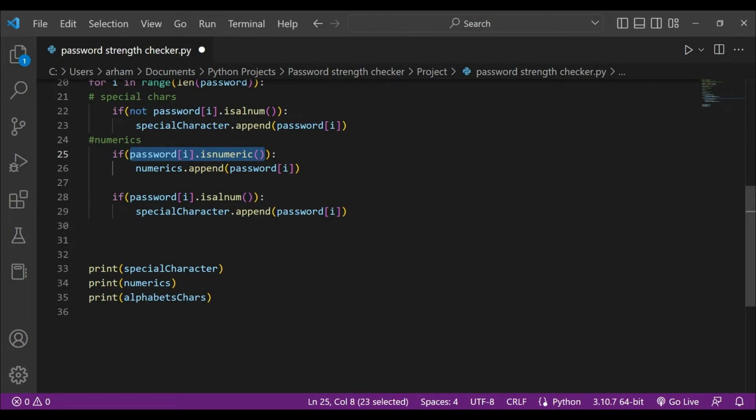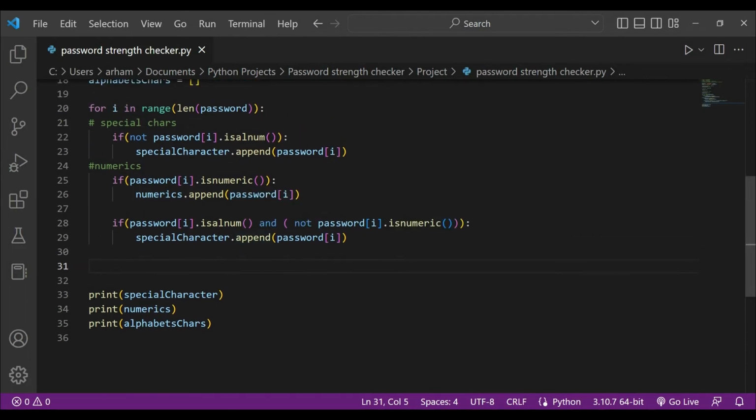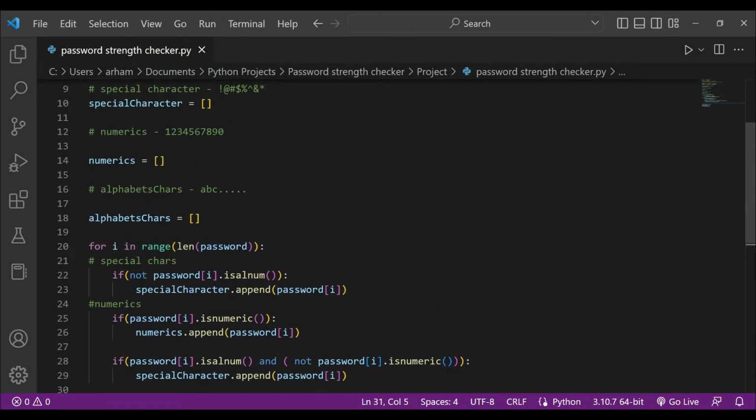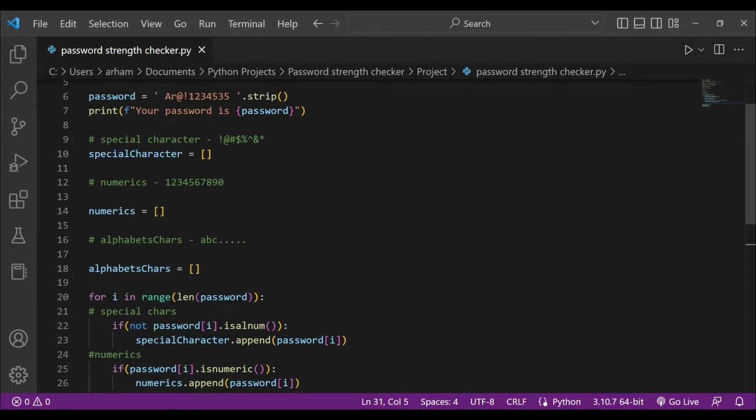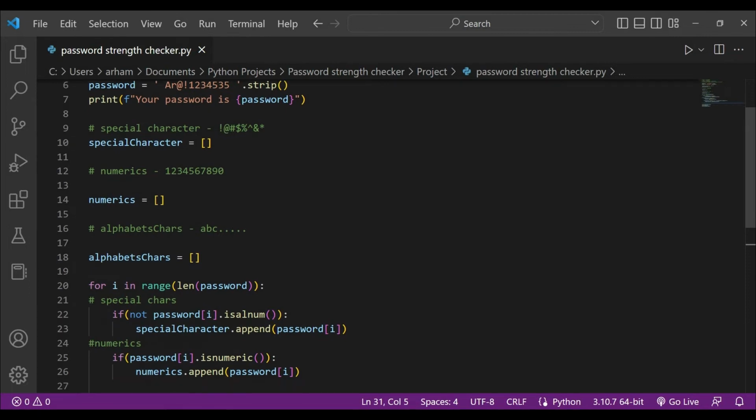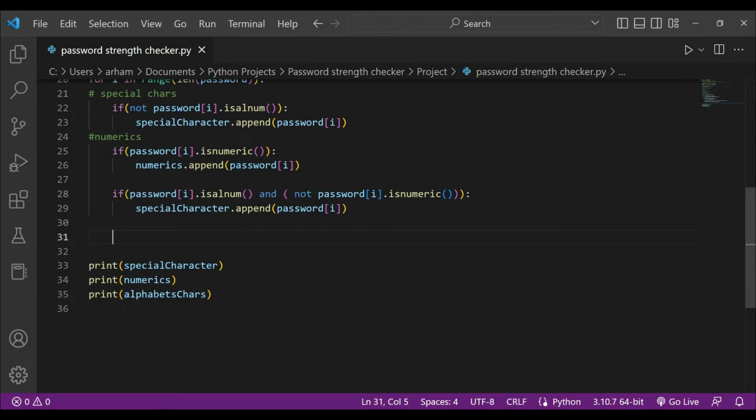Is numeric, is alum and not numeric, and not is numeric. Then we know that what is alum will give us these values, like the AR 1 2 3 4 5 6 7 8, but I do not want numerics. So I will say that not password I is equals to is numeric, then I will get my answer in